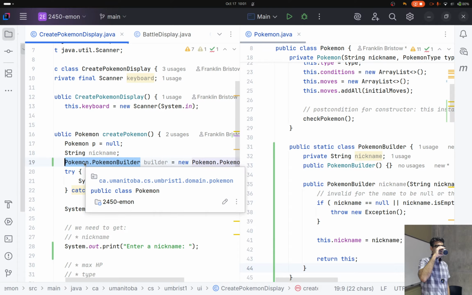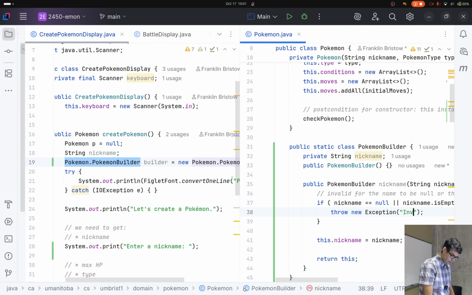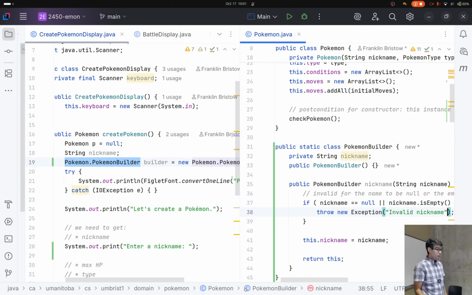If we're trying to give, for lack of a better term, feedback to our user when they enter something wrong, should we not put a return message in the PokemonBuilder to return that exception? That's a great question. The question is, should I be putting a string in here? I'm going to say no. Yes, you can, but in a way that